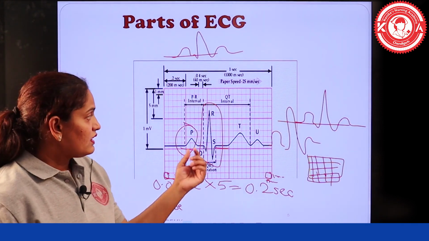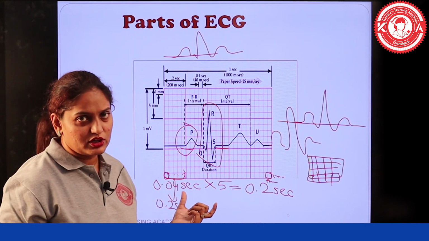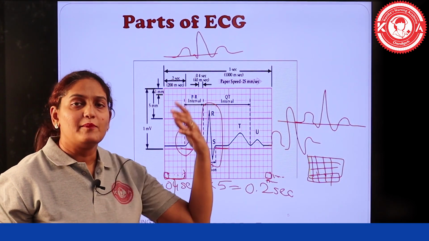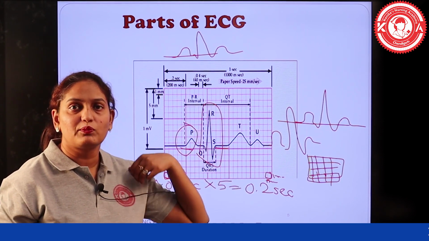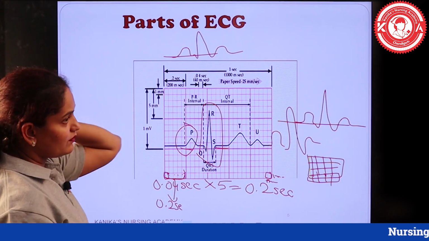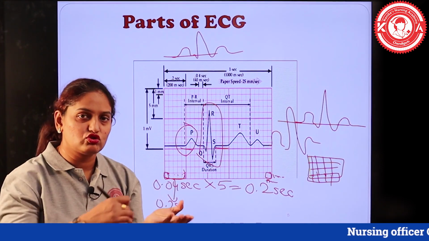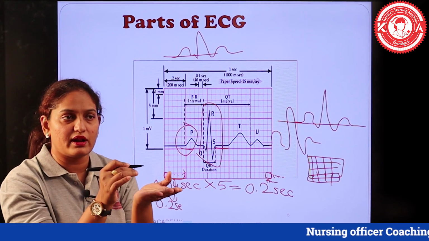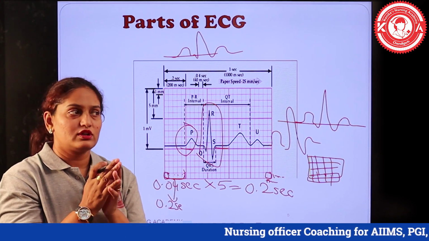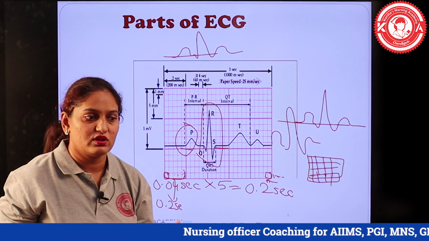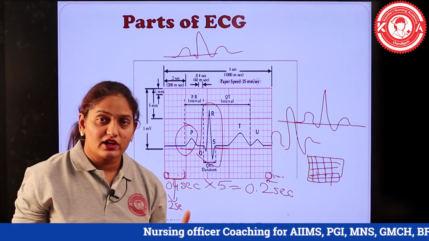Then if time is important, same way the amplitude and the height is the voltage, it is also important to be considered, क्योंकि अब हम लोग देखते हैं वेव फॉर्म्स जो हैं कुछ हाई बन रहे हैं, कुछ लो बन रहे हैं, तो there is no abnormality. But if हमें एबनॉर्मेलिटी काउंट करनी है तो that means हमें नॉर्मल पता होना चाहिए, because most of the time जब हम मायोकार्डियल इन्फार्क्शन का